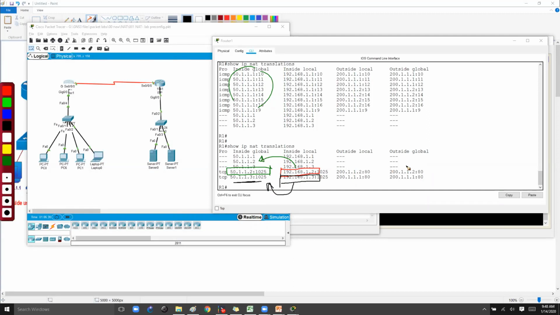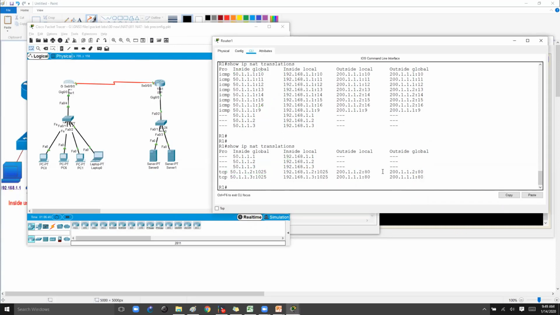And again, the servers it is trying to access are 201.1.1 and 2 on port number 80, that is your HTTP traffic. So ping and HTTP traffic are enough for testing. If you want to initiate some other traffic like FTP or Telnet, you can also verify that, but normally these 2 are enough for verification.